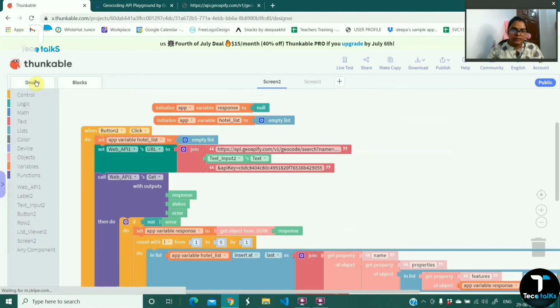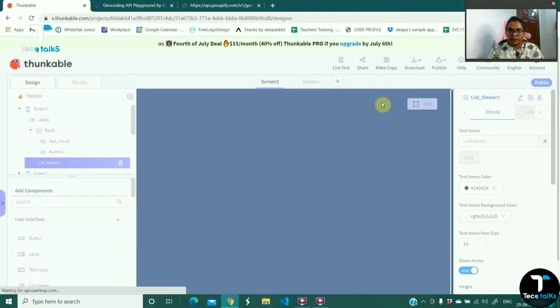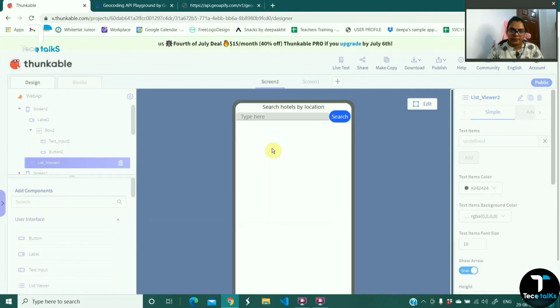Now let's see whether it is working or not. I'm going to preview once again, and this time let's say I'm searching for Delhi and clicking on search. We got the data. Now I'm removing the value from here, and it is unfocused and everything has been removed here. Now I'm going to search for, let's say, Kolkata. I am searching, so it's showing over here. So everything is working fine now.